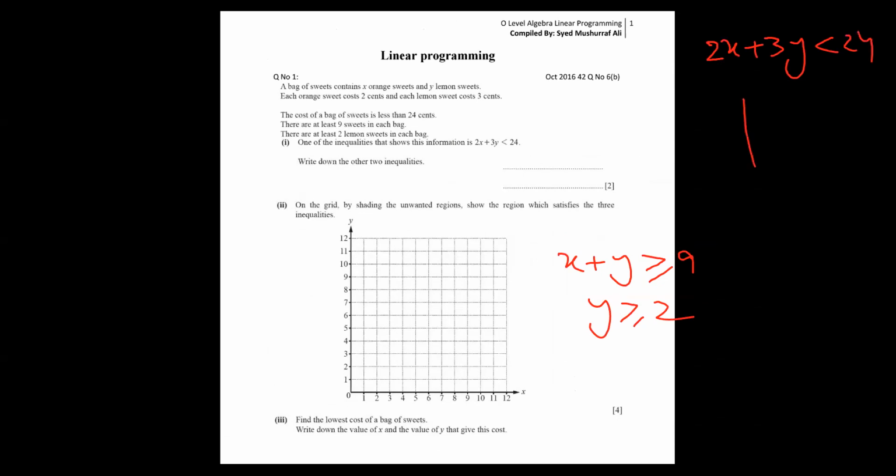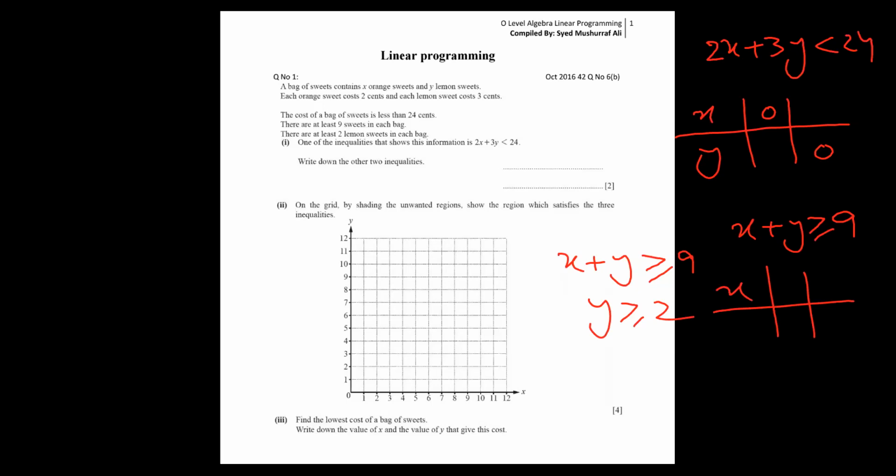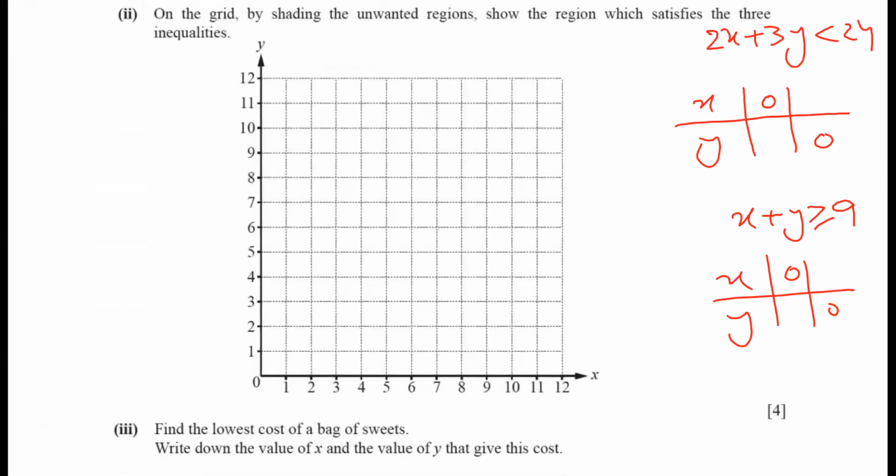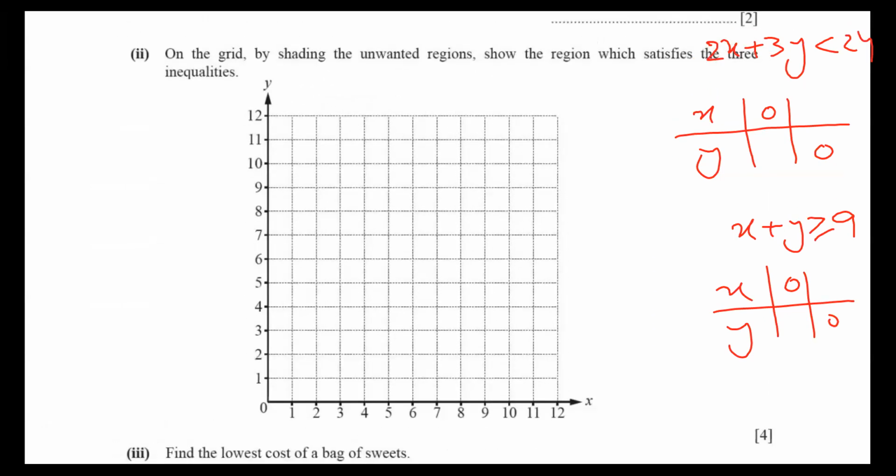And I will make a table for it. You know very well, x is 0 and y is 0. This equation I'm writing here: x plus y is bigger than or equal to 9. And I make a table again here, the same x 0 and y 0. I'm rubbing these lines because I have to elaborate this diagram, so for more accuracy, I think now it is okay. Before I start, I tell you, he says shade unwanted. Make sure shade unwanted. I will go for shade unwanted.